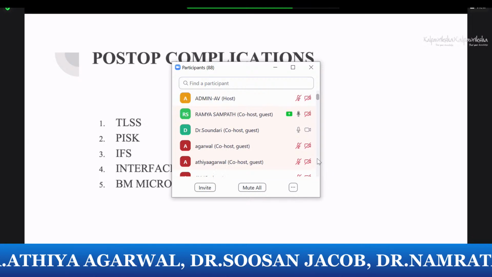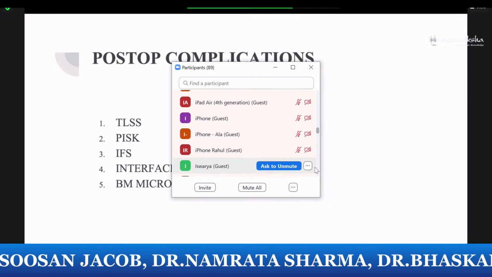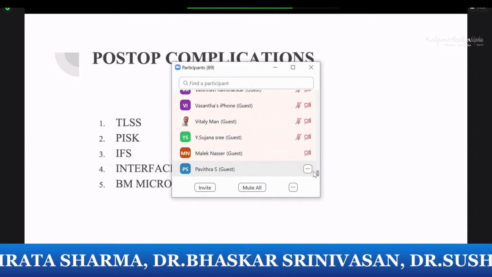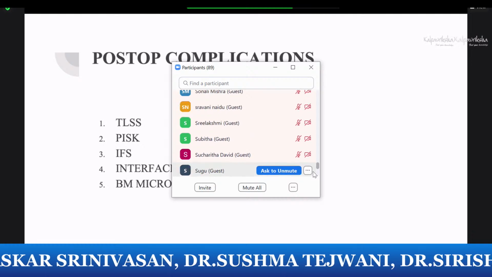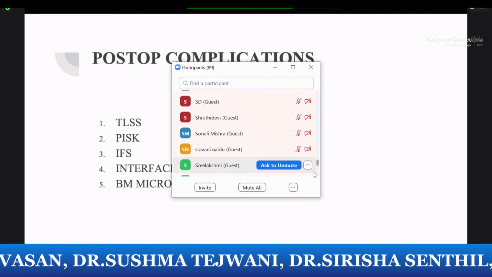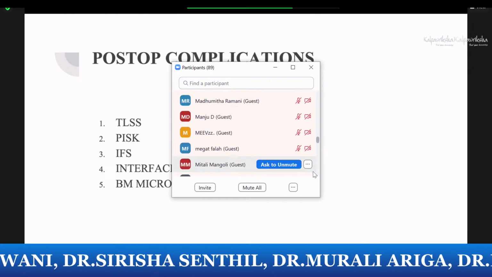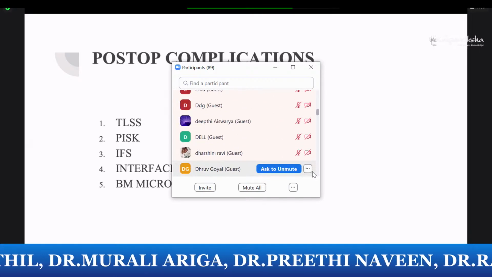Pressure-induced stromal keratopathy or pressure-induced stromal keratitis is very typical to the SMILE procedure, where we will be able to see, due to elevated intraocular pressure, visible fluid clefts in the interface. Again, the patient presents with worsening of vision, pain along with increased intraocular pressure. Treatment would be to start with anti-glaucoma medications and the patient will recover well.